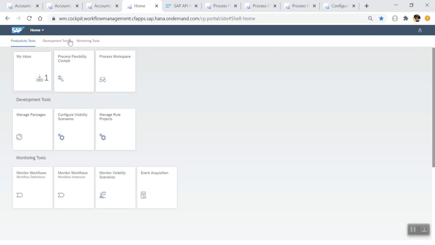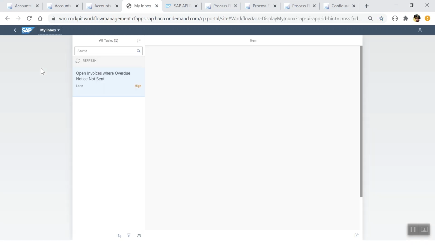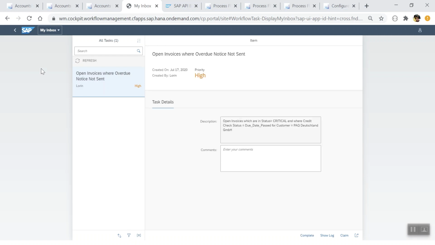in his inbox. So the accounts receivable manager gets notified via a task in his inbox, and then he suggests a mitigation plan around this overdue invoice running critical. So it could be like coming up with an automation plan to automate the process and hence speed up, improving billing, sending invoices on time, offering a wide range of payment methods to his customers, and giving incentives to motivate them to make early payments, and so on.